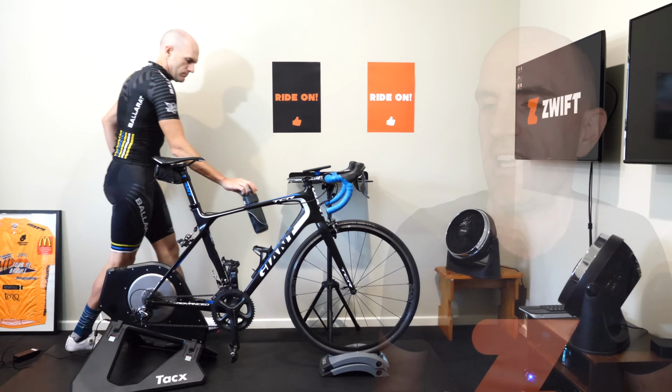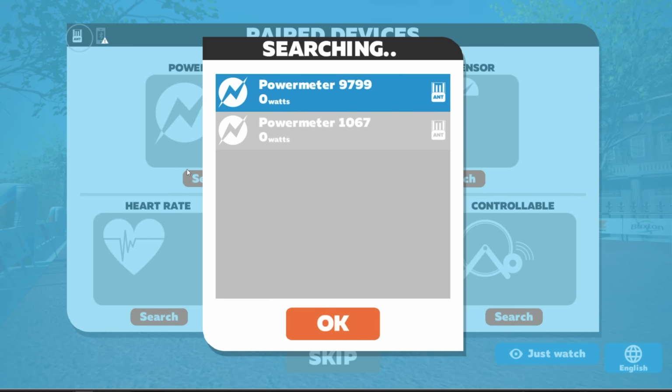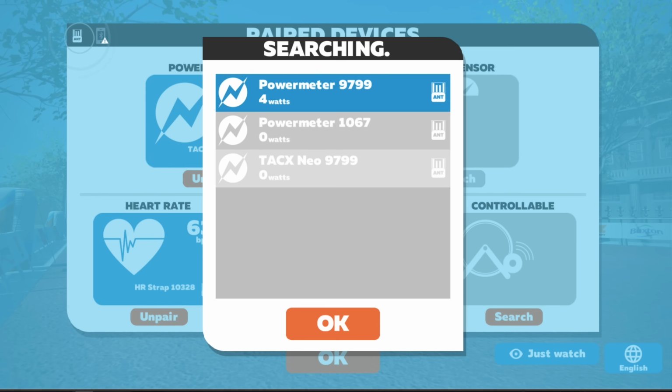The most important piece of this entire puzzle is that only one piece of software or one application can control your trainer at any one time, else they'll fight over who has erg mode, who has resistance settings, who has this or that. It gets very, very confusing and the experience is quite gnarly. So what we've got here, we'll put Zwift into what I call passive mode, where we pair the power meter only. So we're selecting the Tacx Neo